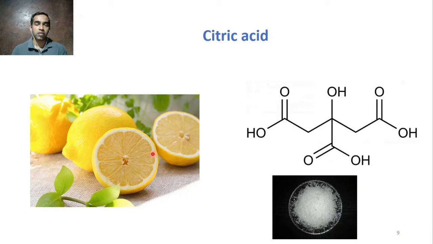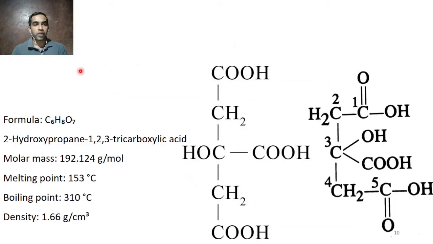Don't think of it as a liquid. Citric acid is in the form of syrup because it is mixed with water and other content, because it is water soluble. So you find it in the form of juice or something like that. But when you concentrate it, take it out and purify, citric acid will be a crystalline compound. Okay, these are the properties. You can see the melting point is around 153, and boiling point is around 300. Density is slightly higher than water.